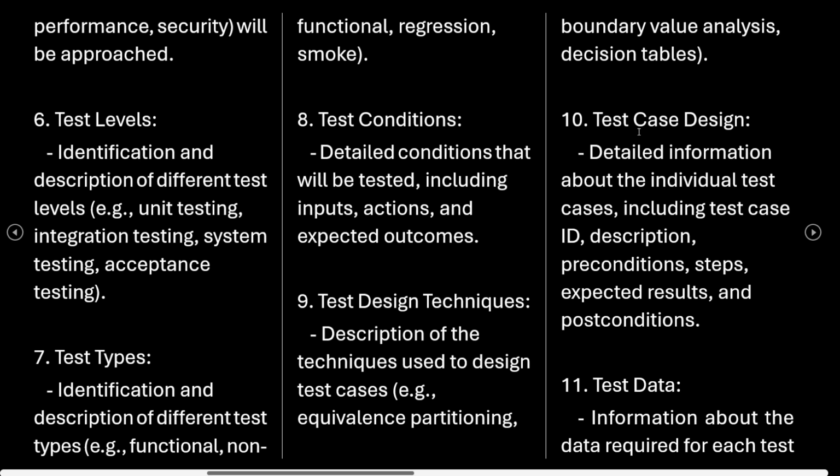Test levels: identification and description of the different test levels, for example, unit testing, integration testing, system testing, acceptance testing. Test types: identification and description of different test types, for example, functional, non-functional, regression, smoke. Test conditions: detailed conditions that will be tested, including inputs, actions, and expected outcomes. Test design techniques: description of the techniques used to